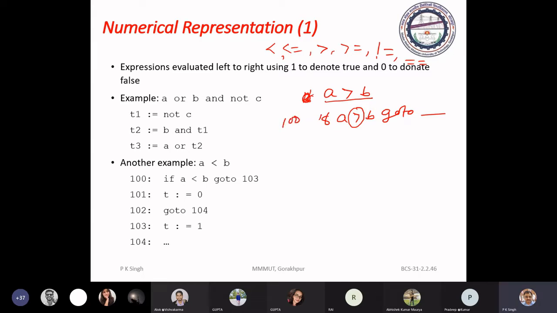If it is not greater, then we assign 0 at 101, and 102 goes out of the scope of this, and at 103, t equals 1, and the next is 104.